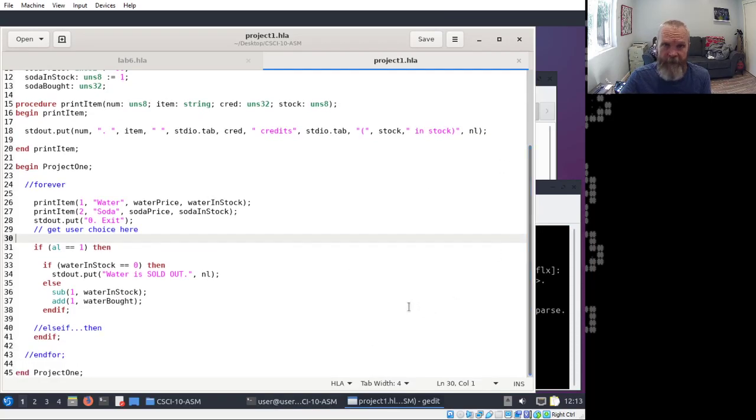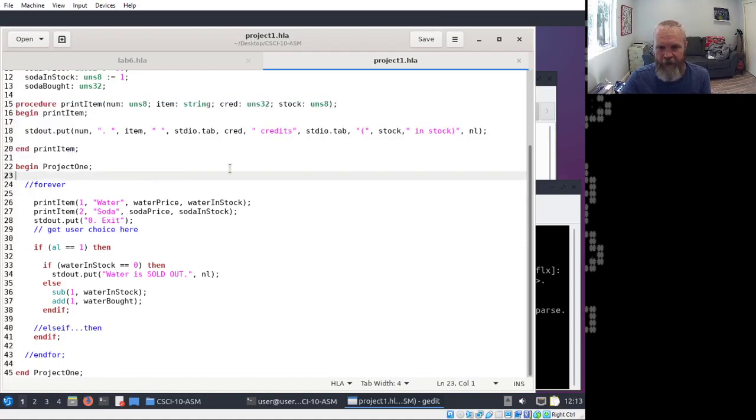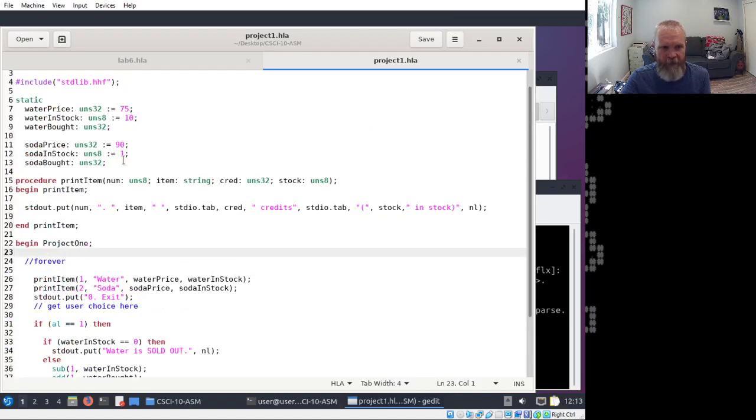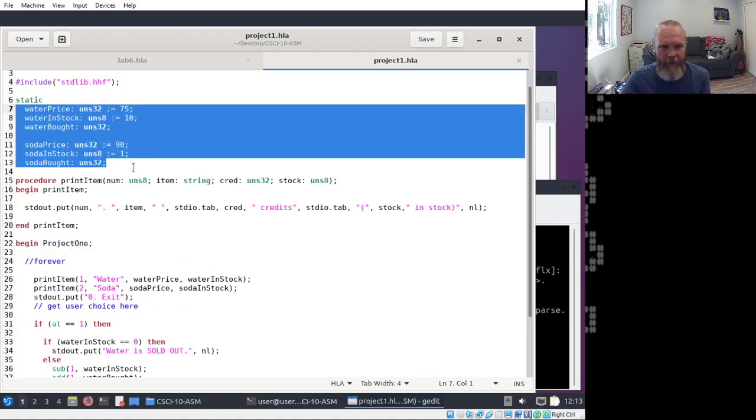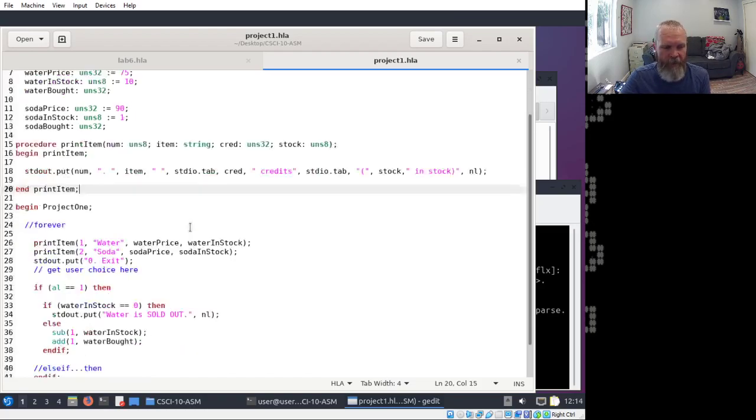So anyway, tips for project 1. You can use procedures, you don't have to, but I wanted to just kind of show you my process for doing that part. So you're going to need 5 products, which means you're going to have a bunch of variables. You're also going to need some variables probably for handling the checkout and computing how much they owe you and how much they've paid.